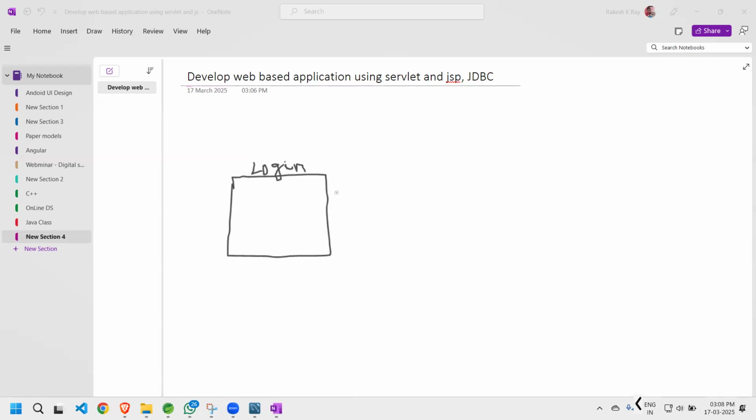Now, the basic thing is we are using MVC architecture. That is the minimum thing we are following. So this is nothing but your view, right? Now this has two pieces of information, user ID and password, and a button. So this will be our design. We are not going to use any template, just a simple kind of thing, which is going to